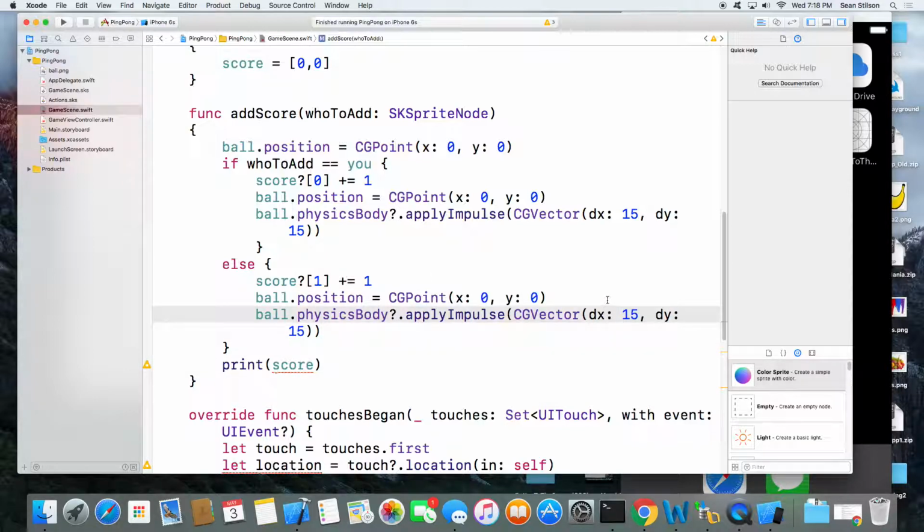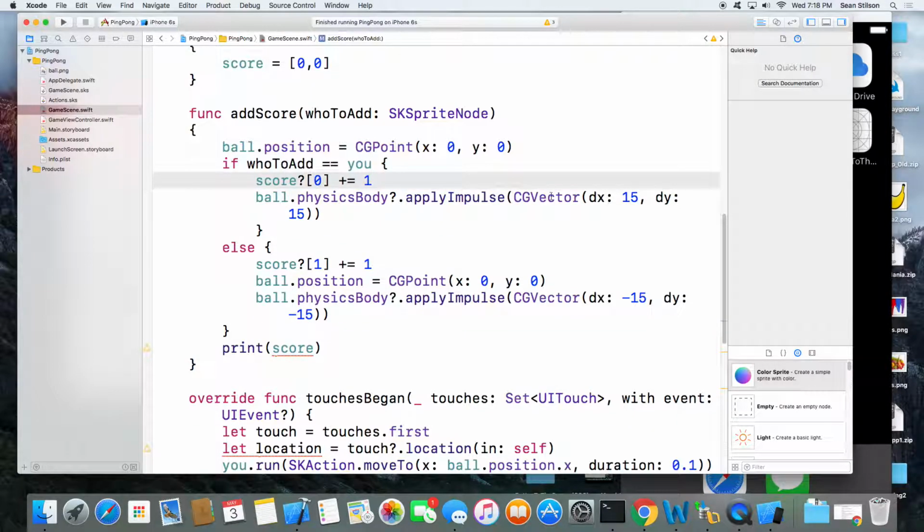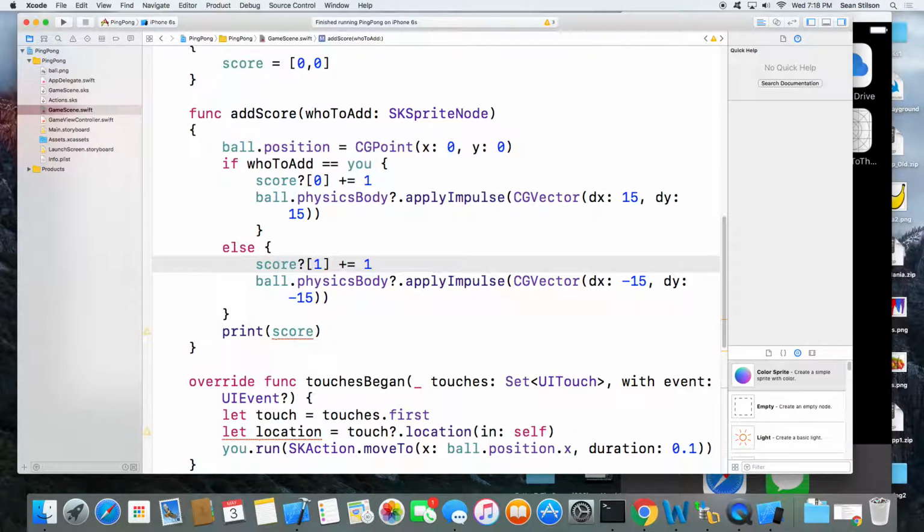Only the impulse is going to be negative 15 for both values, and that will shoot the ball towards us. And we can take the ball.position out of the if-else because we have it up above, so we don't need it down here. There. Now let's run this.